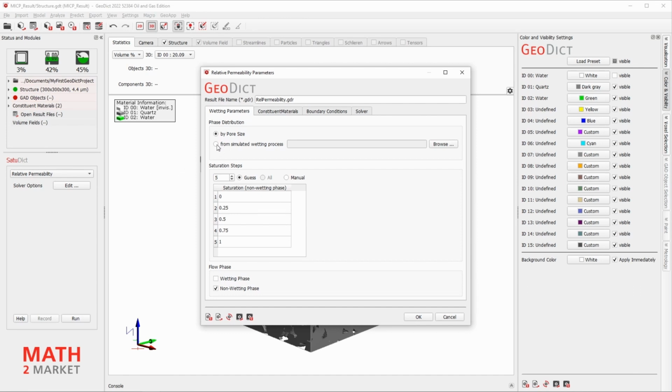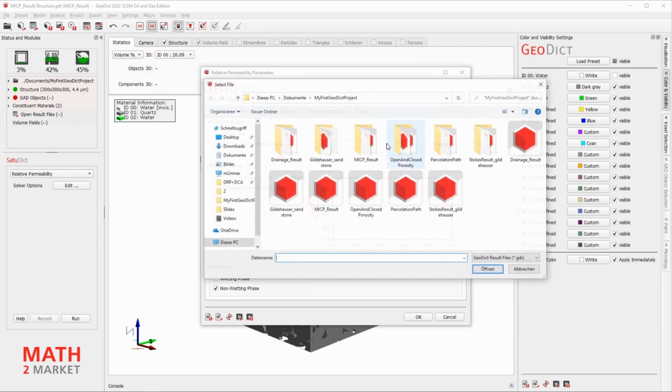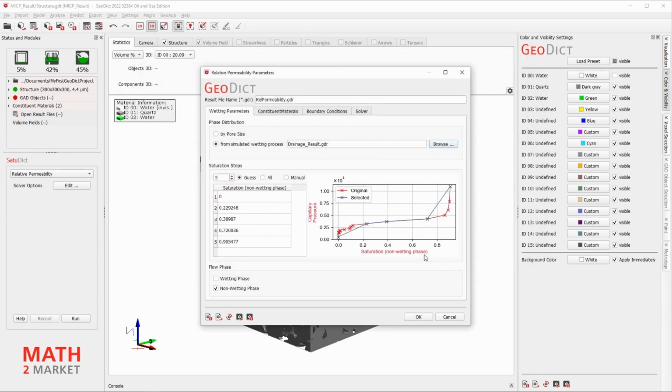You may now choose our formerly created drainage GDR and calculate the permeability of each of the chosen saturation steps.